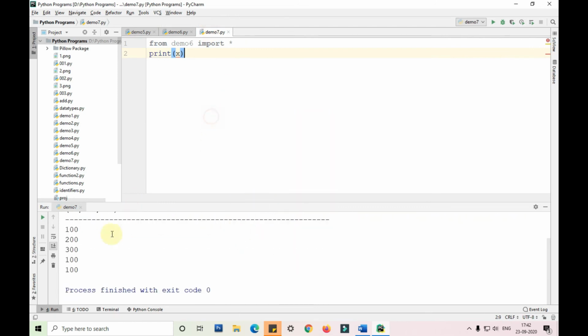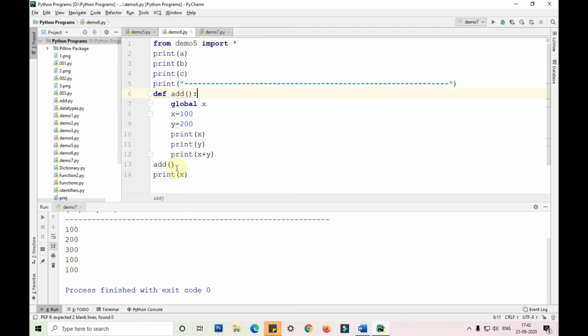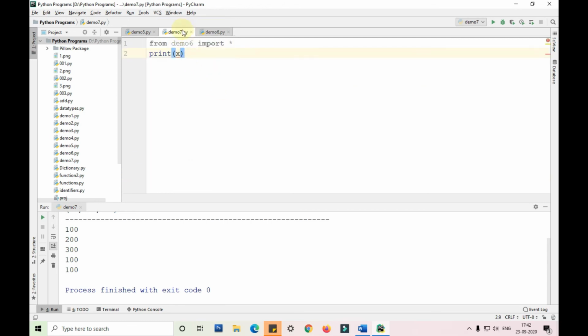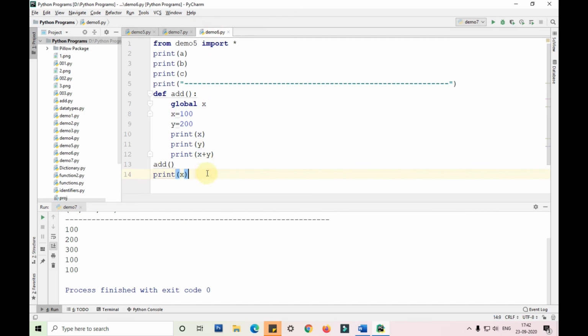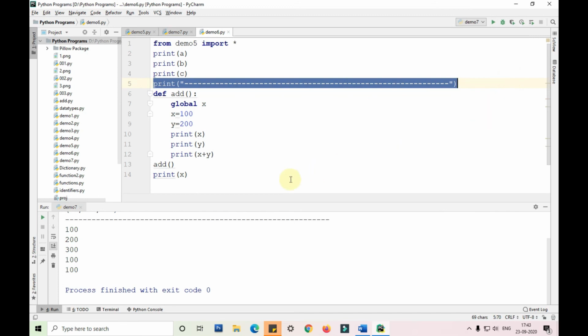So you can see, guys, it is printing 100, 200, 300, 100, 100. Why is it printing 100 twice? Because we are printing 100 here, and again 100 here in this particular file. Just to explain in a proper way, I'll draw a line here so that it will not confuse you.